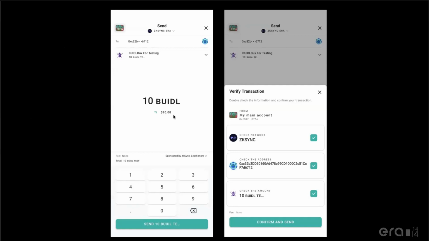What is amazing here is that gas got abstracted away thanks to the paymaster. So as a user, you don't realize you are actually using the blockchain because you don't need ETH to pay for gas. You don't even realize gas has been paid. The gas was simply sponsored by Matter Labs, and the UX is very, very smooth.